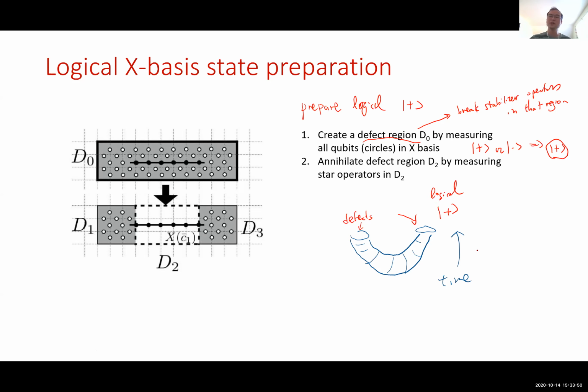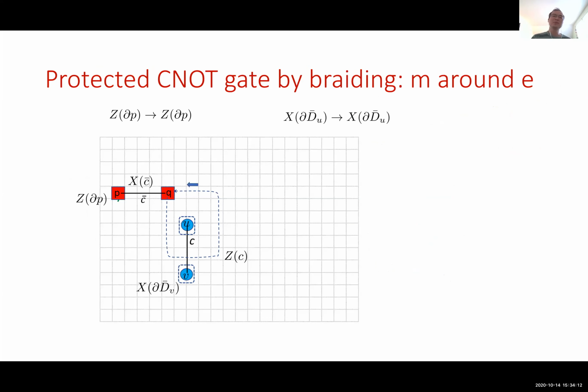Okay, and the arrow goes up in time. So this is just to prepare a state, we use measurement. And again, this is not topologically protected, okay? Because we use physical measurement in X, so it's not protected. The only thing that's protected is the CNOT gate. So I'm going to explain the CNOT gate